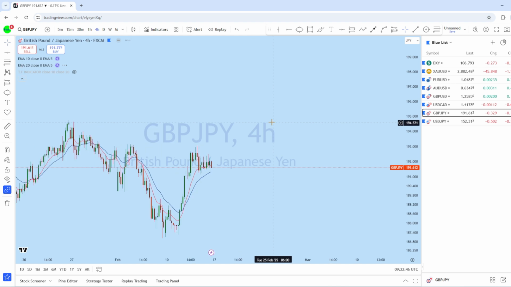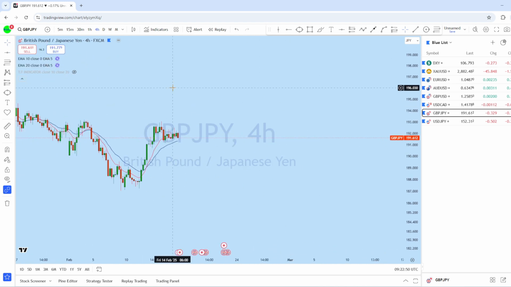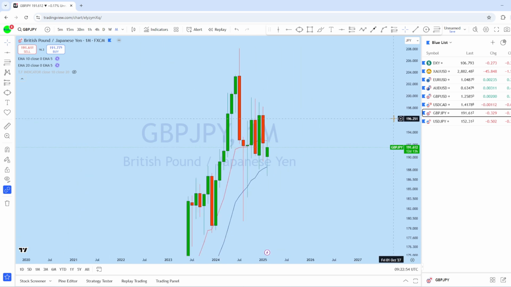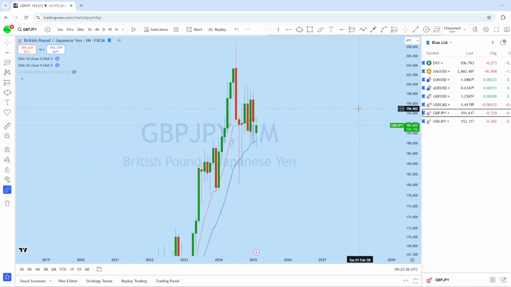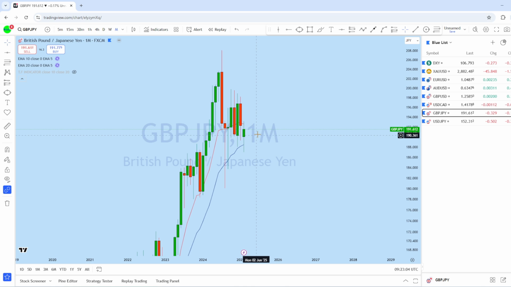Now let's look at GBP JPY. Let's see what kind of trading opportunity we have, looking at the monthly chart to see the overall picture in this market. Now from the monthly we can see that GBP JPY, as expected after the previous monthly close, the market opened with a gap, and then so far after this drop has got a bounce to the upside.